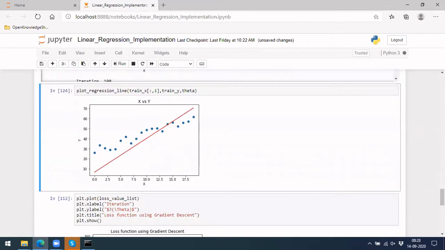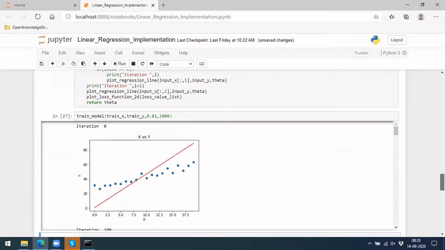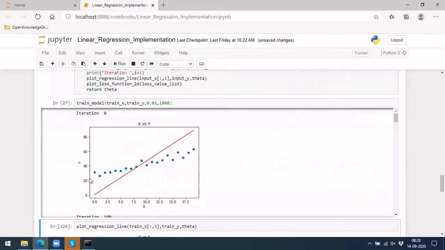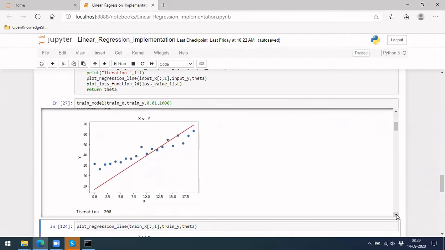So we can also see the learning process through this curve. Initially, when we gave theta naught and theta 1 as 0, it was showing some line like this. And these dots are our actual data. After some time, with the thetas it has learned, you get a line like this. It is not actually accurate, right? It will run again, as we have kept it for 1,000 runs, and I'm plotting again every 100 iterations.